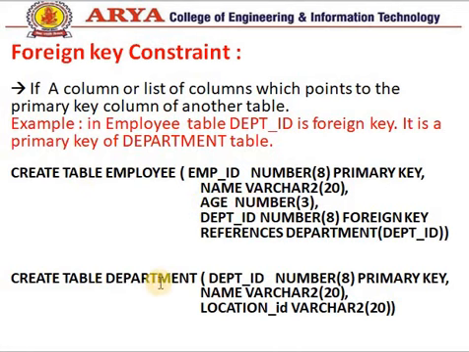Now we first create a department table. Department ID is the primary key. This primary key, the department ID column, can be considered a foreign key constraint in the employee table. We see that for department ID number 8, we put the keywords foreign key references, the name of the table department, and the column of the particular primary key column, that is department ID. Now the department ID of the employee table works as a foreign key. So that type of constraint can be called a foreign key constraint.